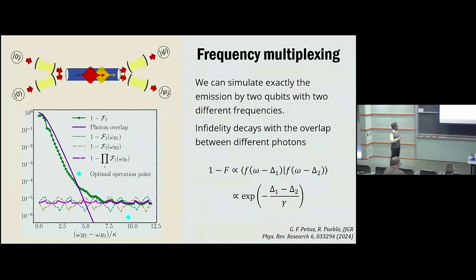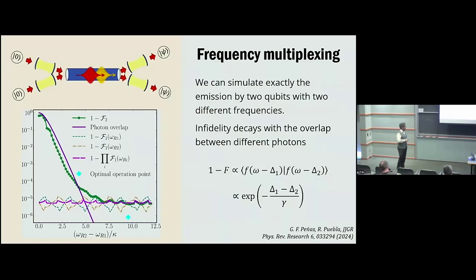This will be the fidelity of a state transfer for 2 photons from this node to this node for progressively larger separations between the qubits. And you see that as you increase the separation, the infidelity decays, and you reach a limit, that is the limit of infidelity of sending just 1 qubit. This curve you see here, the exact simulations for 2 photons, perfectly overlaps with what you would expect, which is the overlap between the photons that are set at different carrier frequencies. So it's a very simple